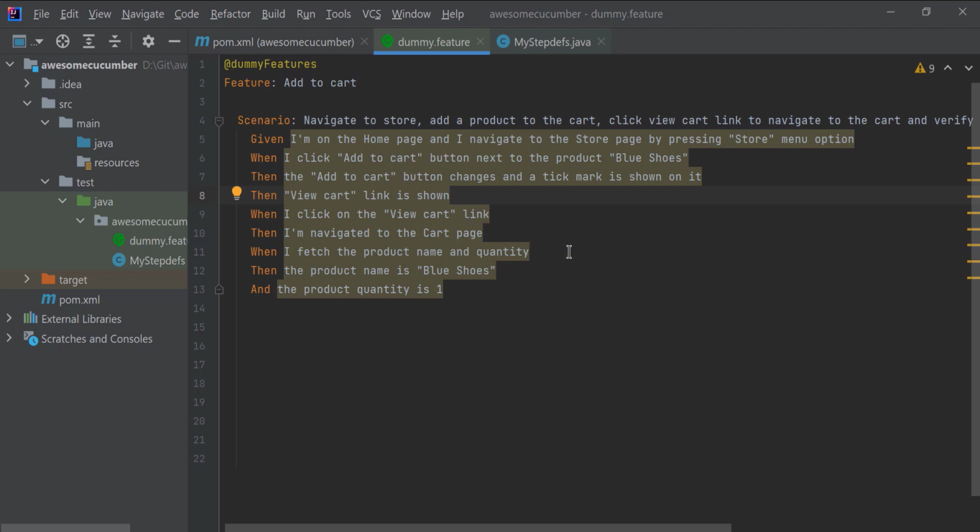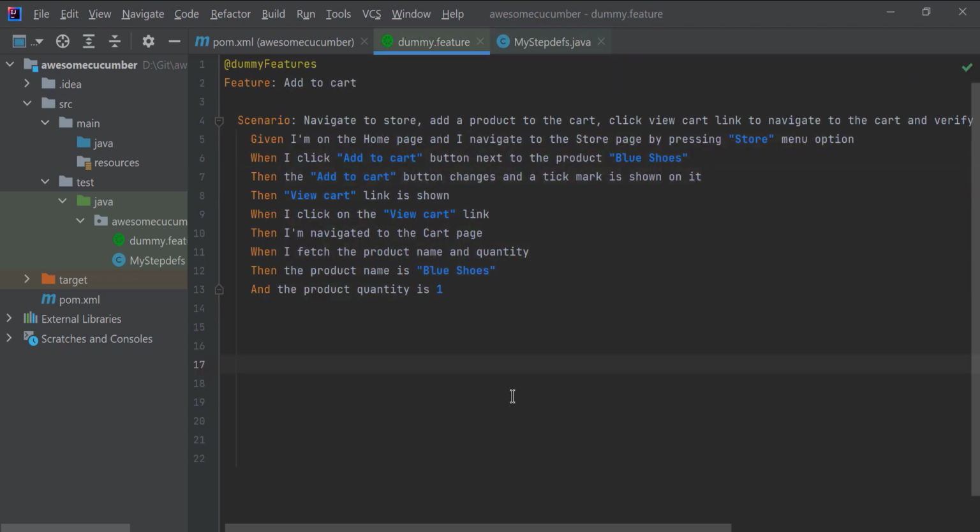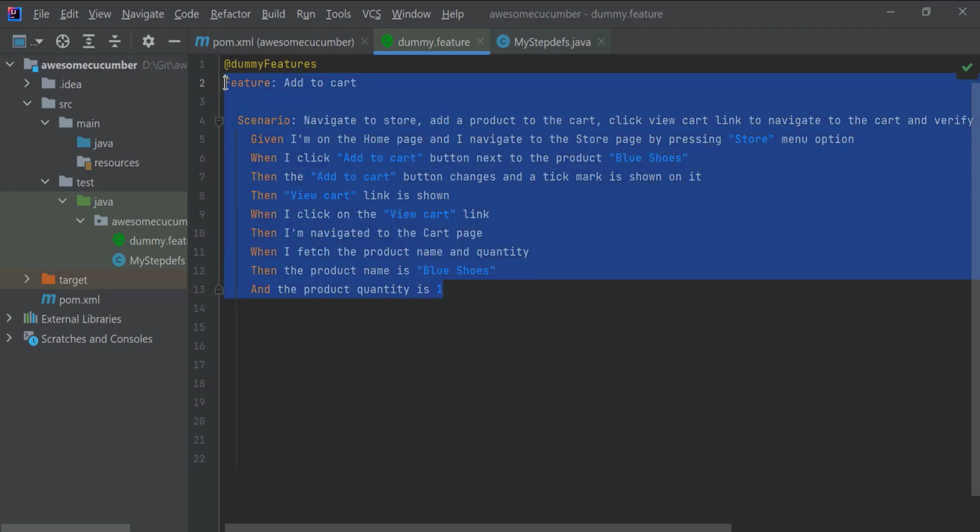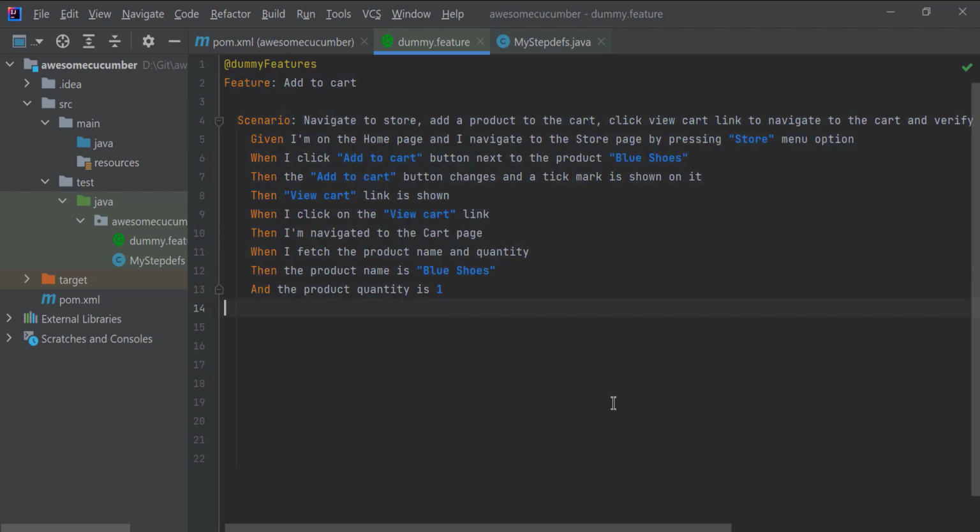So I have done this intentionally because most of the time when we are learning Cucumber and BDD for the first time, we tend to create scenarios like this. So just read the complete scenario and then calculate the time that you took to read this scenario. By that time, let me create the step definitions. So with this, our gherkin is pretty much ready. Thank you for watching this lecture.